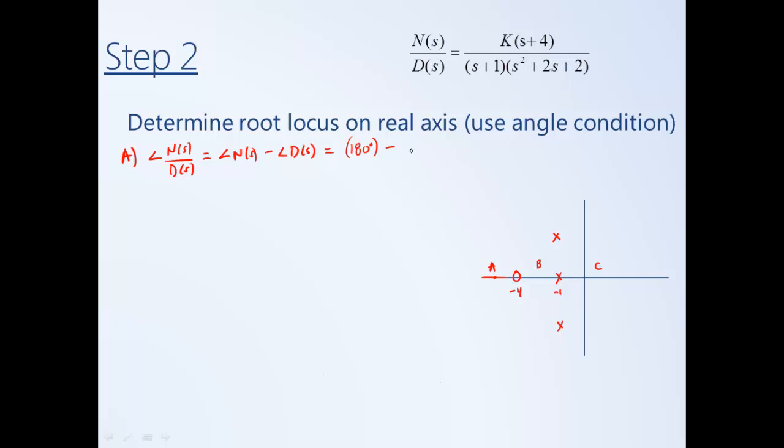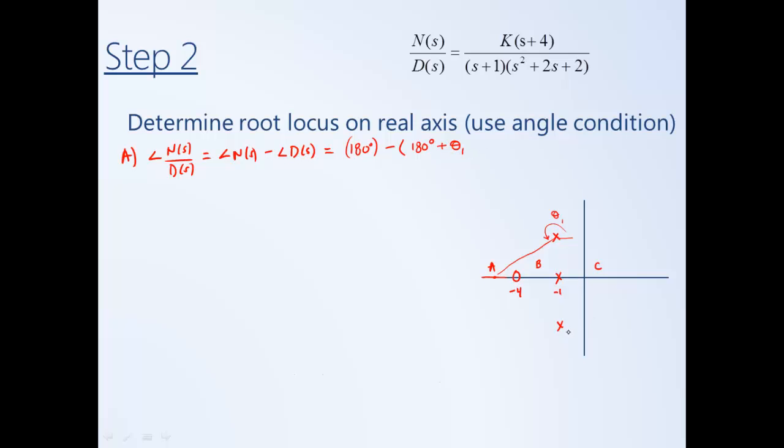So that's our only 0. Then we subtract angles from poles. And so in this case, if we draw a vector from this pole to our test point in the region A, it's also at an angle of 180 degrees because it's pointed that direction. We also have angles from these two poles. So you could imagine if we drew a vector to that test point, have some angle theta 1,